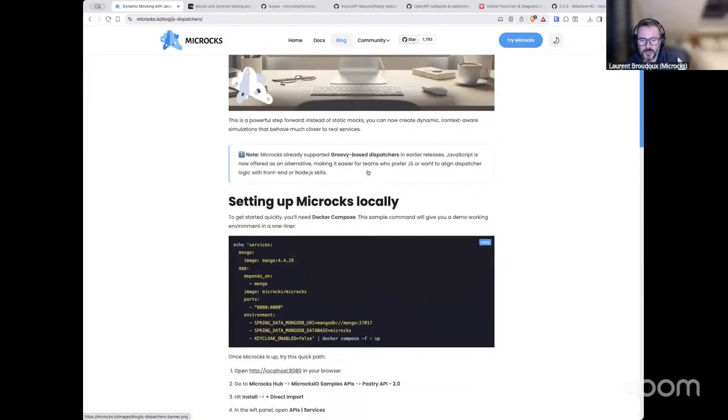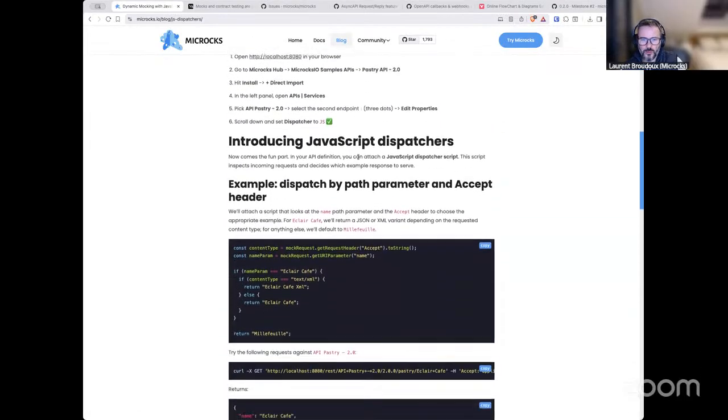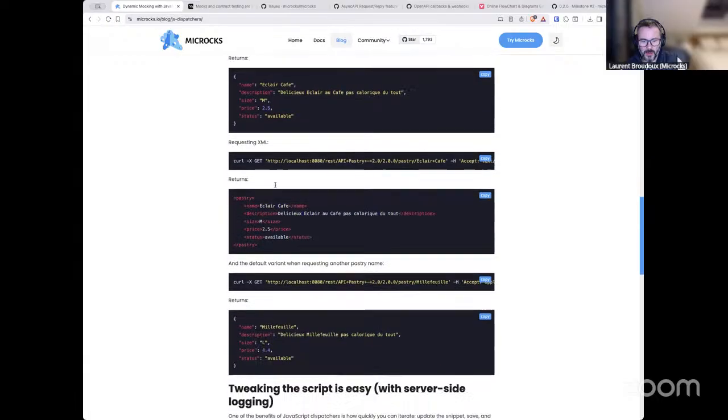Here you have some explanation on how to include and use this new JavaScript dispatcher, and basic examples on how you can create and execute a JS script using Microcks.